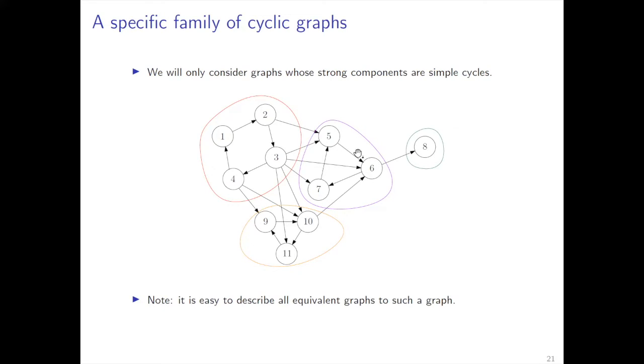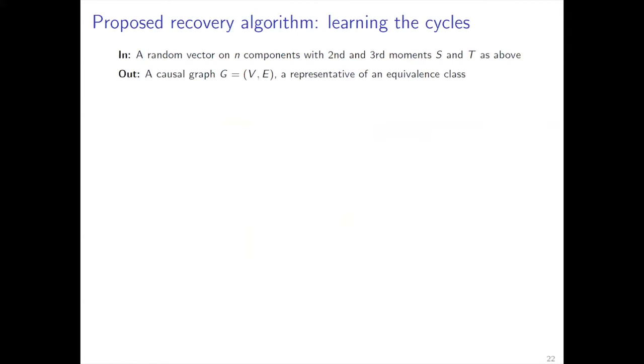One of the components, you reverse it, and then change some of the incoming arrows according to that law, and you get the equivalence class. So you can reverse one or more of however many strong components you have. Okay, and now I'll just show you how we do it,